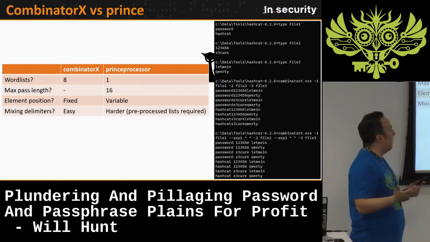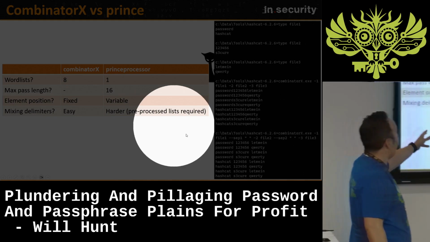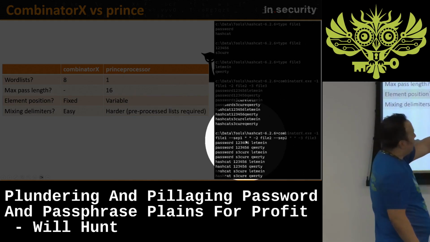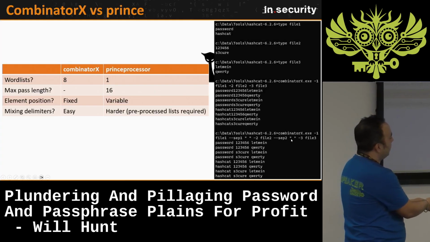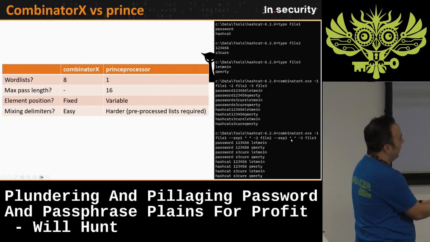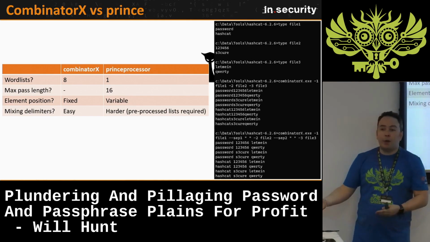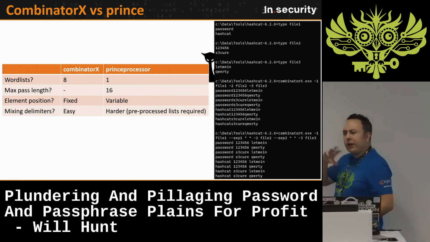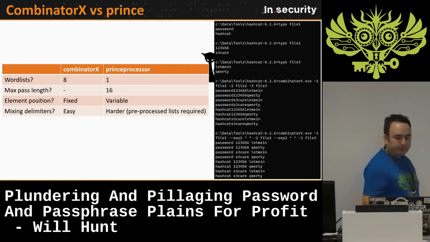as you can see here, with variable delimiters. So if we take 3 files, we've got file 1, 2 and 3 over here, we can forcefully insert a space in separator 1 and separator 2. You could do a colon and a space, or a space and a comma, or whatever you want. So it allows for a greater degree of flexibility when creating more delimited passphrase attacks. Prints, unfortunately, is a little bit more rigid, and you would have to have pre-delimited word lists in order to